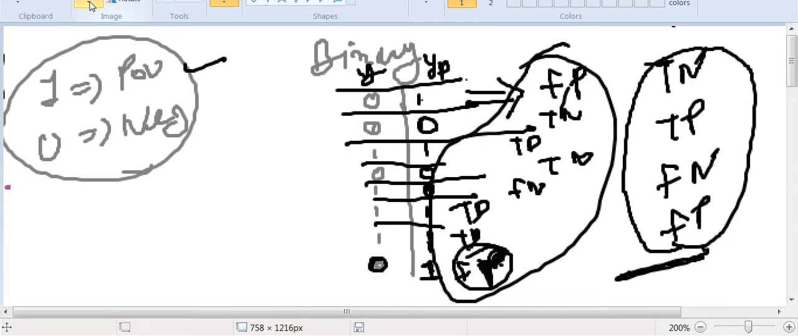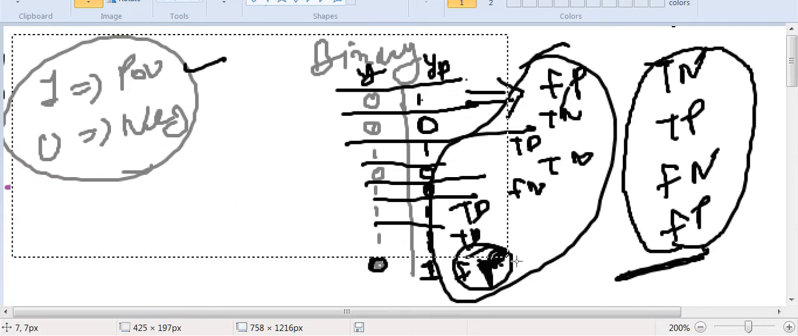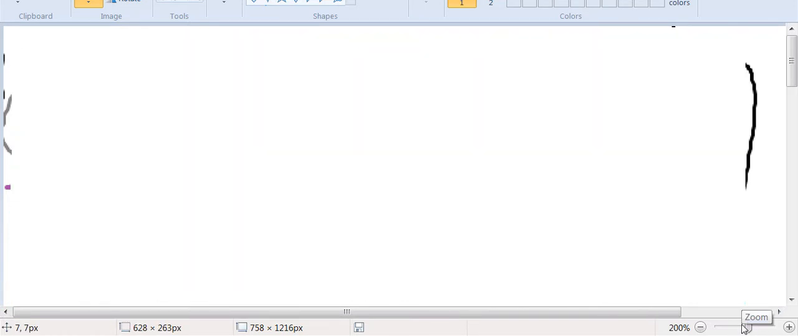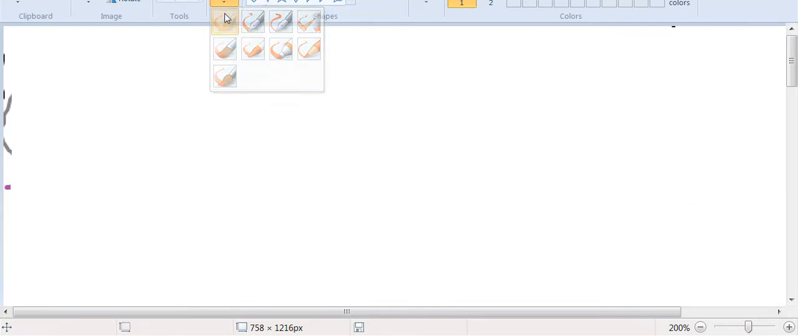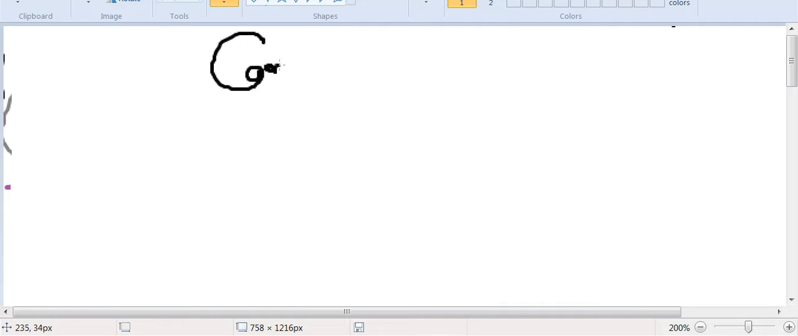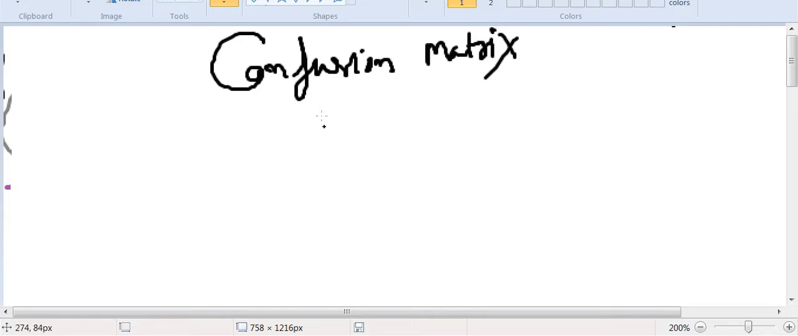ठीक है। अब देखो मैं थोड़ा सा और इसको आगे ले चलता हूँ। देखो एक मैट्रिक्स होता है, उसको बोलते हैं कन्फ्यूजन मैट्रिक्स। कन्फ्यूजन मैट्रिक्स, ये क्या होता है? ऐसे होता है।